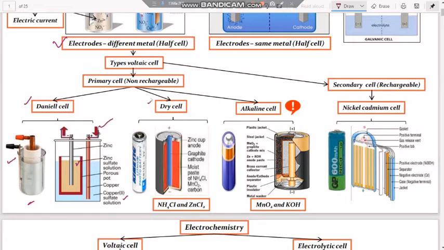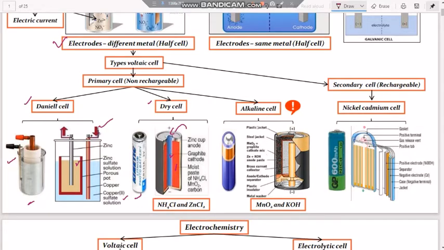Moving on to the next non-rechargeable primary cell, we have the dry cell. This is the dry cell, with a zinc cup anode at the top. The graphite electrode is present inside, and moist plates, that means there will be some moisture developed. It contains manganese dioxide, ammonium chloride and carbon powder. This is the graphite electrode, shown in blue color. Ammonium chloride acts as the electrolyte, and zinc chloride is also produced during the reaction.